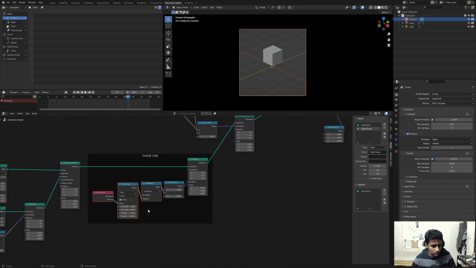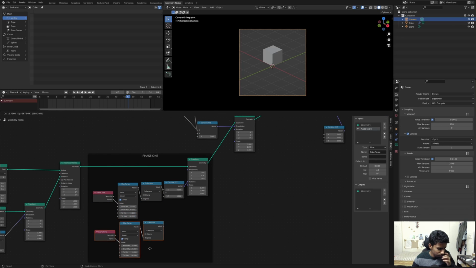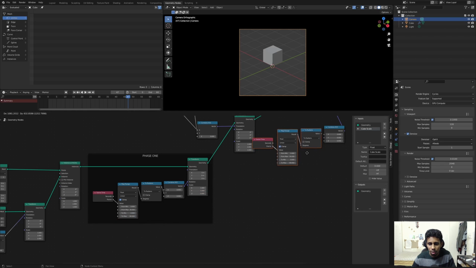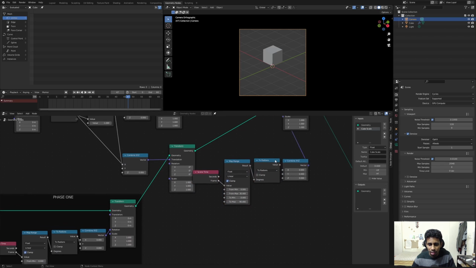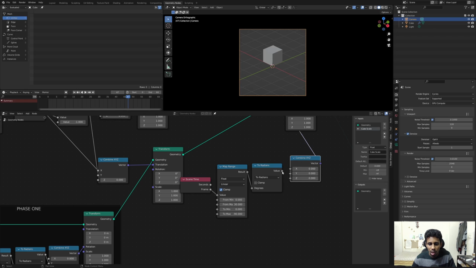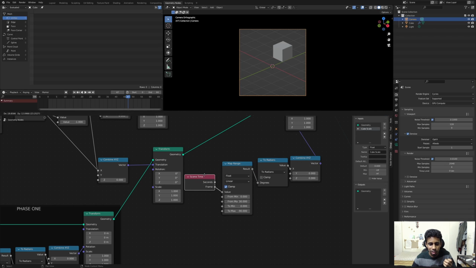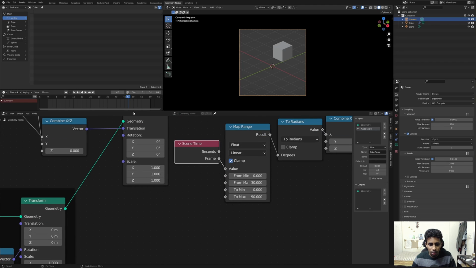So control D or shift D, yes, shift D, and then alt P to unbind from the box or the frame that we created. And this time we want to move it on the x-axis. And right now, instantly you'll notice that things change, and I'll give you 2 seconds to think about why that happened. Time's up. So the reason why it happened is because, again, it is doing the animation from 0 to